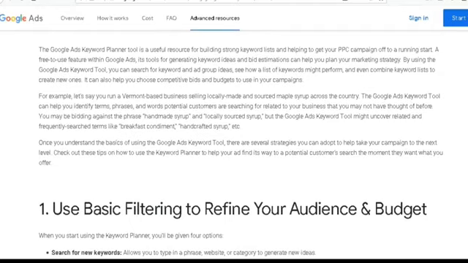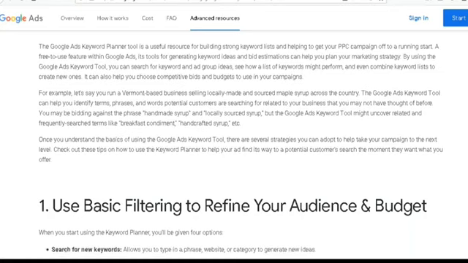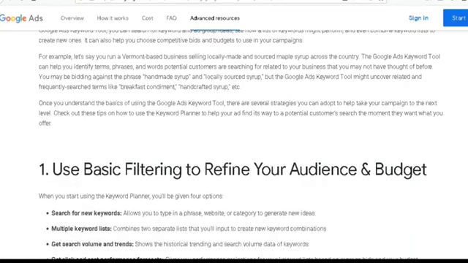For example, let's say you run a Vermont based business selling locally made and sourced maple syrup across the country. The Google AdWords tool can help you identify terms, phrases and words potential customers are searching for related to your business that you might not have thought of before.